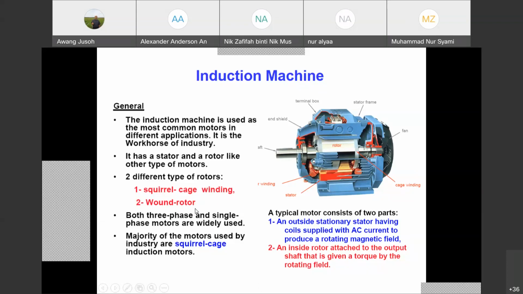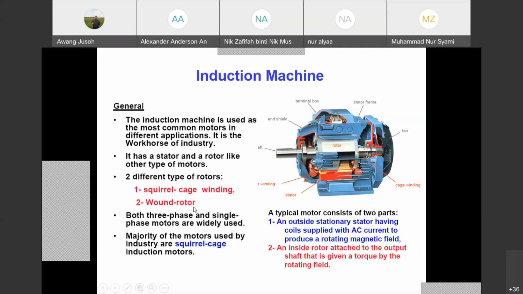Old type, maybe 30 years ago, they use one rotor. So one rotor basically used to provide the variable speed drive, in order to get variable speed of the machine. This was before we had power electronics, before we had converters, inverters and so on. So most of the time they use this kind of motor, one rotor, because we can change the resistor of the rotor. We can change the R2, the resistor of the rotor.